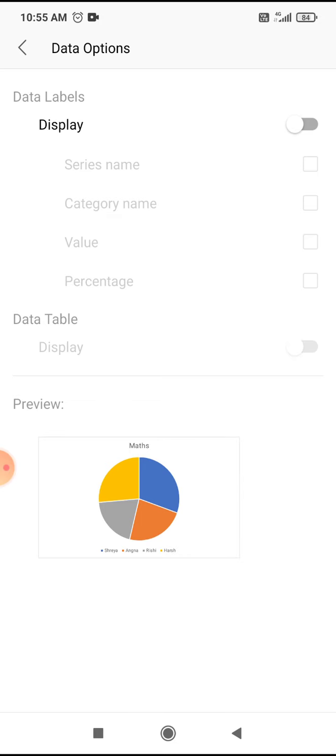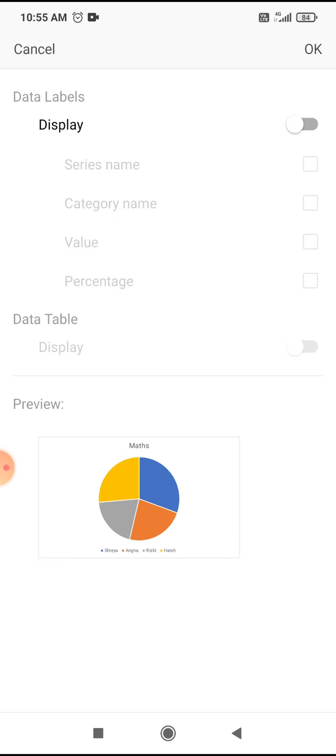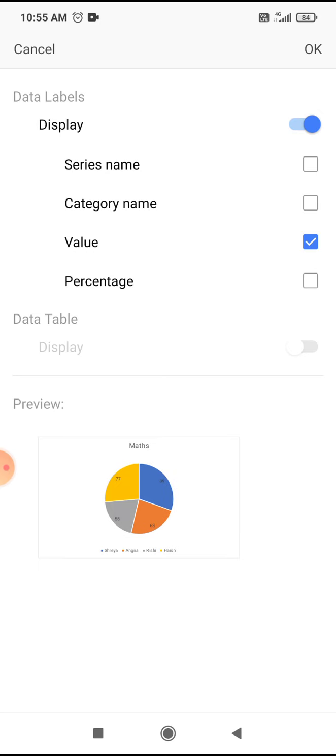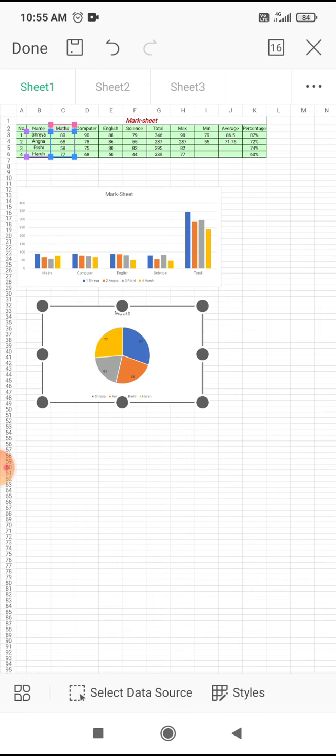If you want to display the value, you just click on the value. First you have to click on the display button on, then you have to display the values. You have to just click there and click on OK. It will display the values.